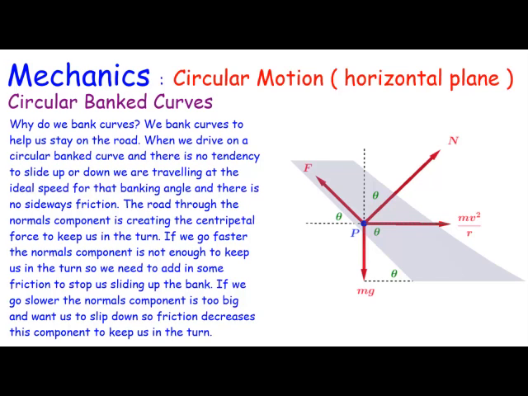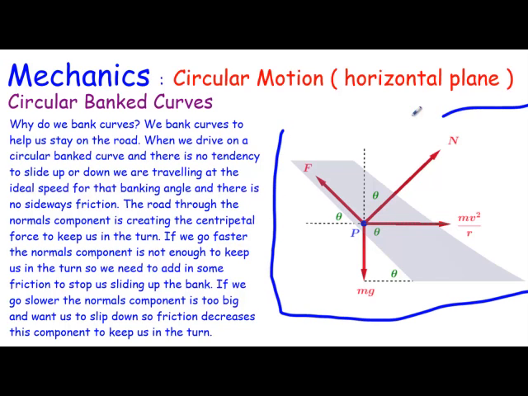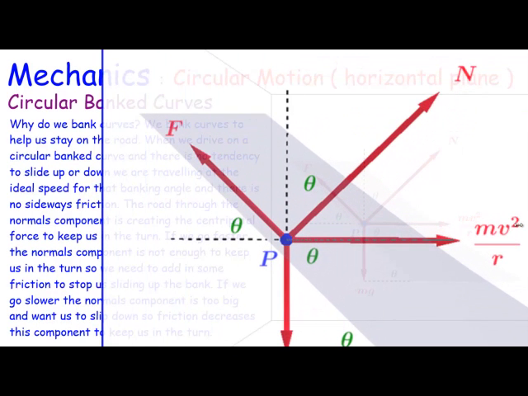And if you have a look here, I'm going to just try and see if this magic pen will do it. Ah, yes, it does actually. So basically you can see here that the friction force in this case is acting up, and there's lots of thetas everywhere. The curve is banked at an angle theta. We've got a centripetal force acting towards the center of the circle. We've got a normal reaction, and in this particular case, the friction force is acting up the banked curve,